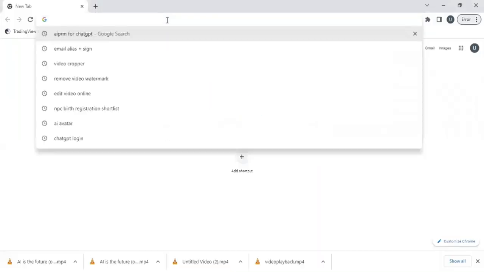If you've been finding it difficult to get a proper prompt for whatever you want to do, there is a plugin called AIPRM for ChatGPT that will help you create a proper prompt for your piece of work, either for your image creation or for your content creation. So on your browser,